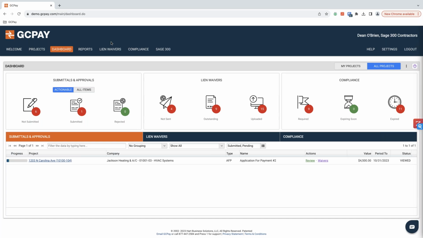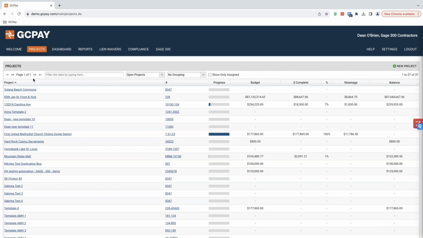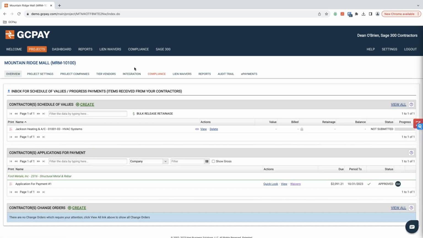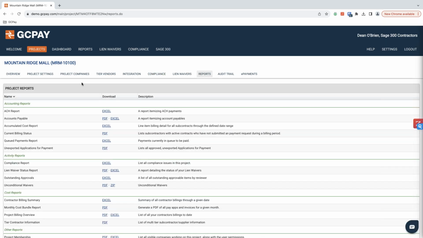We can actually export all of your fully approved pay apps directly into Sage so that you can generate an invoice. That way you can actually pay your subs the traditional way that you're used to without using our e-payment functionality. We also have a number of reports at both the project level and the company level that you can use to gather information, gather required documents, prepare reports for your owners that include all of the materials that they